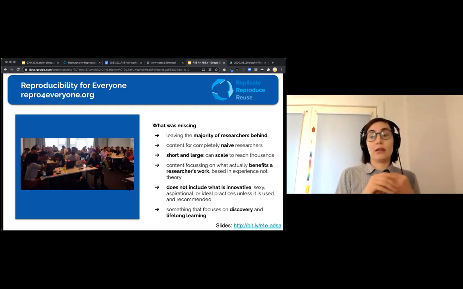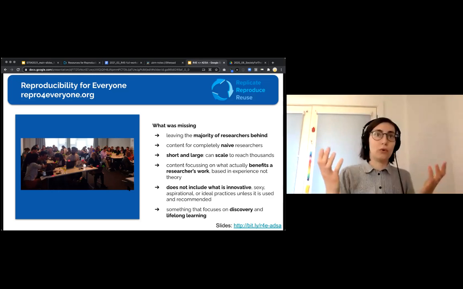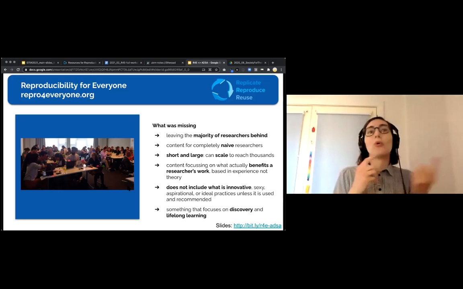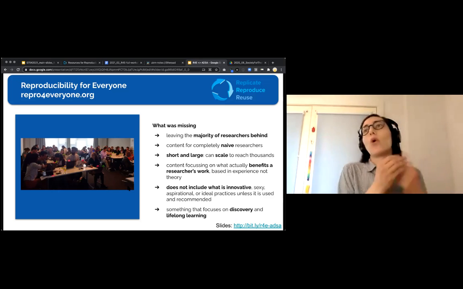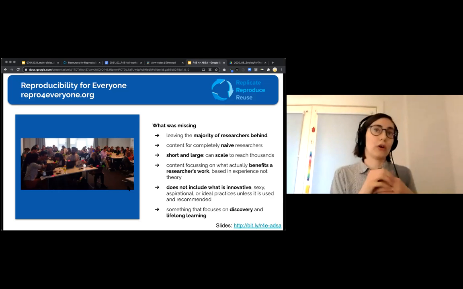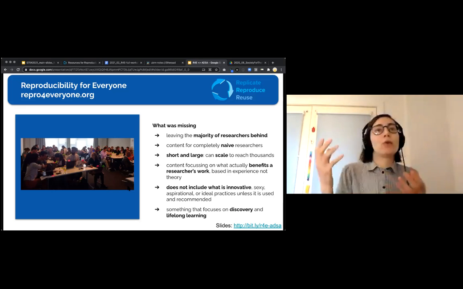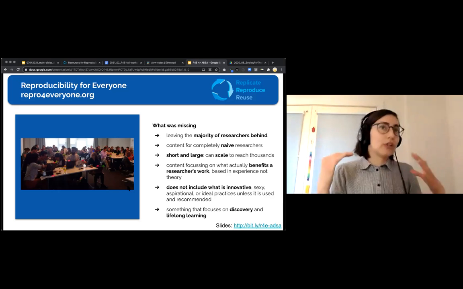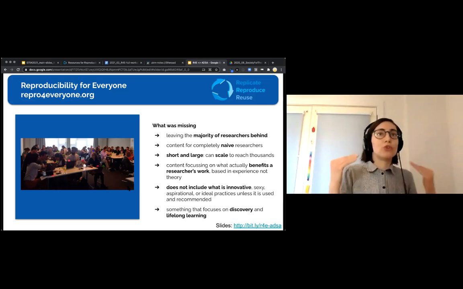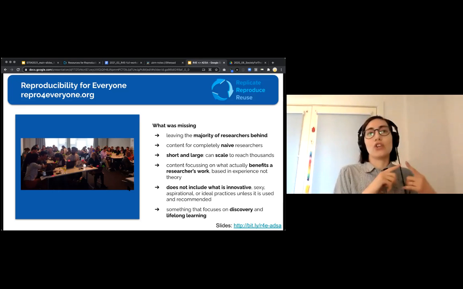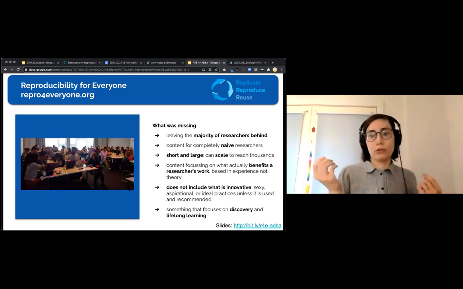And they were completely naive to these ideas, these concepts, and maybe the importance of why they would even want to start doing programming for their statistical analysis. Why would they even care about sharing their data? Why would anyone want to use their code? They're very fundamental things that the majority of researchers have never had any sort of introduction to, why they should even try out these new tools and methods.